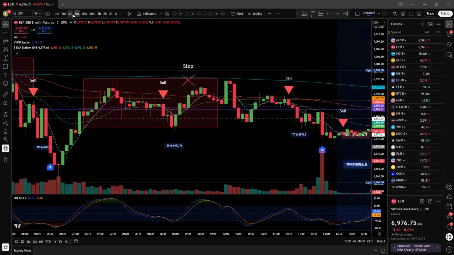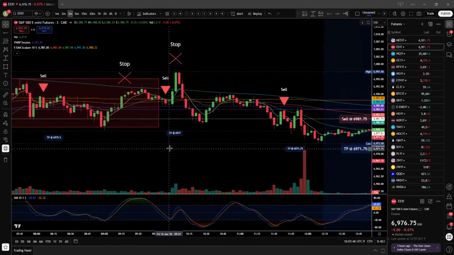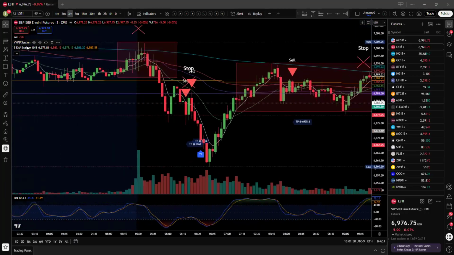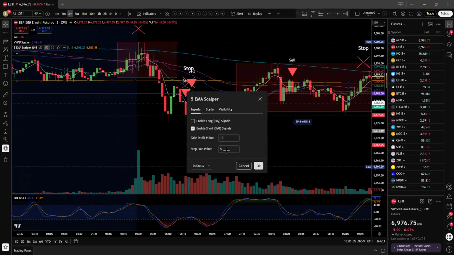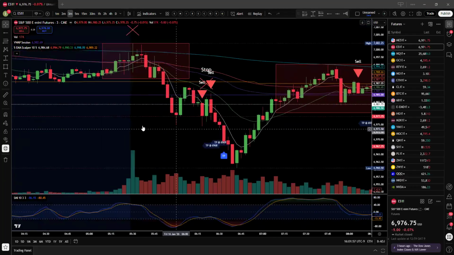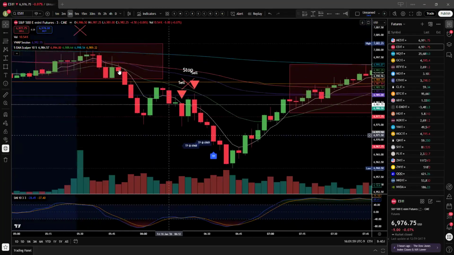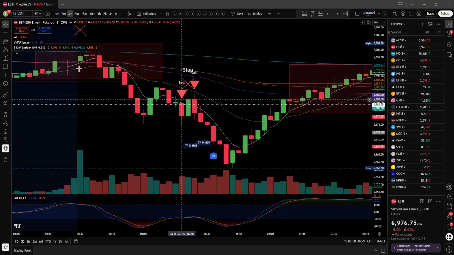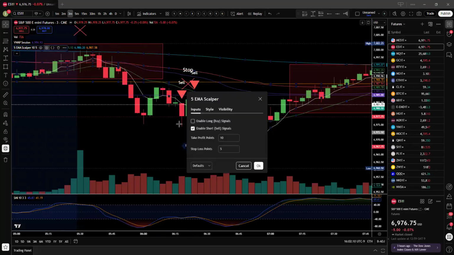Now, see what happens when you go to like a 3-minute time frame. This is kind of interesting also. So here at the beginning of the session, we'll just turn on our short sell and see what we get. If we look at the 3-minute time frame, we really don't get any entries. We did get an entry here, but notice how we got stopped out up here. So this right here ends up being a 5-point stop loss. So if we keep it at 10,